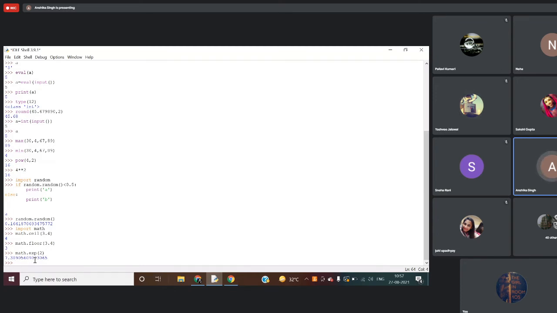Then comes your function. फंक्शन में क्या करते हैं बेटा हम लोग, will be using a keyword def for defining the function. Then the function name, say I'm creating a function add, so I will be using def. The keyword that is signifying that this is the definition of your function.